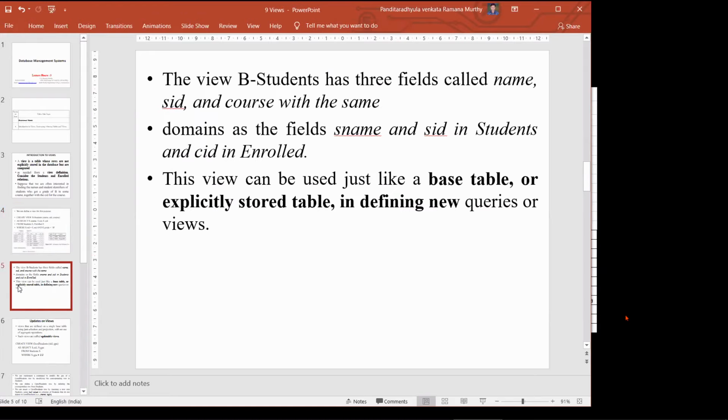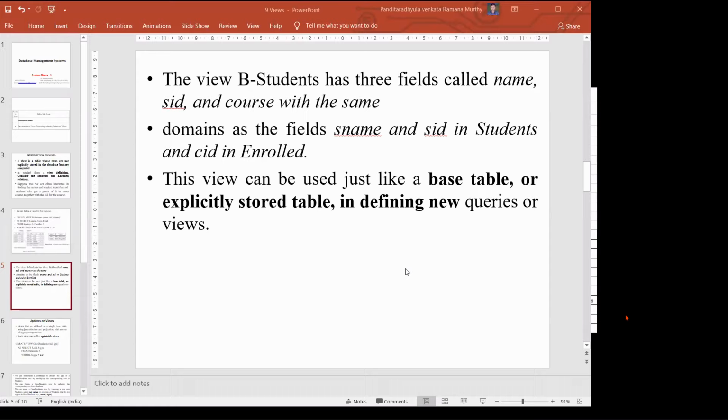So the B student view has three fields: name and SID from the student table, and the course from the enroll table. A view can be used just like a base table, but it is not storing data explicitly.